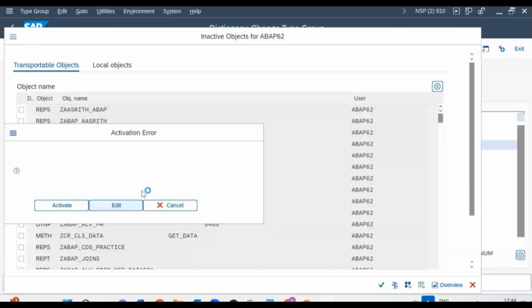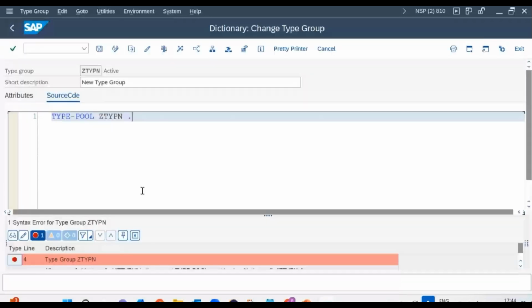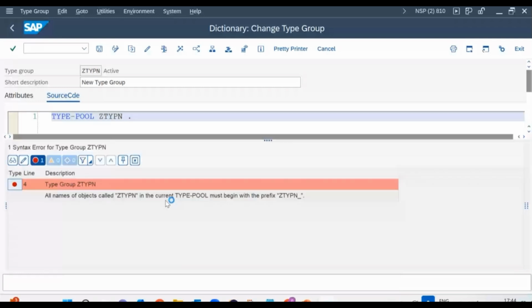There are some errors. Let us see. All names of the objects called ZTY pin in the current type pool must begin with the prefix TY ZTY pin. Okay. So what it is saying is,